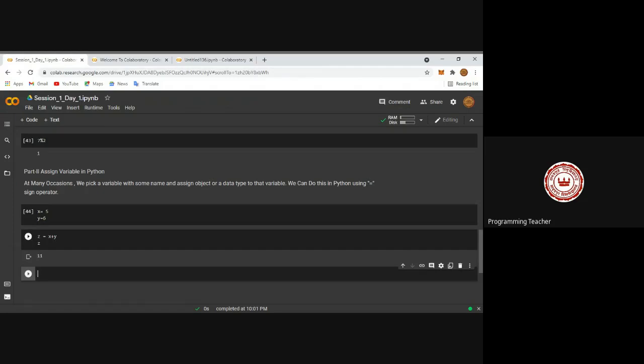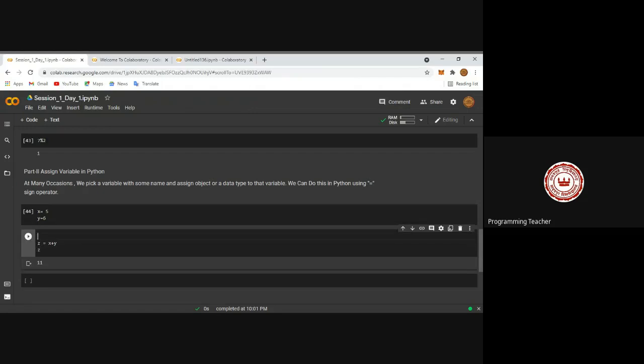Not only that, we can perform arithmetic operations using this created variable too. Already we did it in line number 45. So variable assignment as well as arithmetic operation. So in this case, what is an example for line number 45? That we can perform arithmetic operations using this newly created variable. Hopefully, all of you are getting how to work with Python?